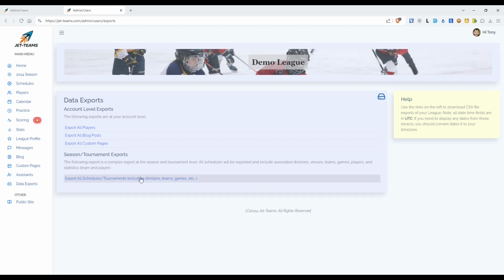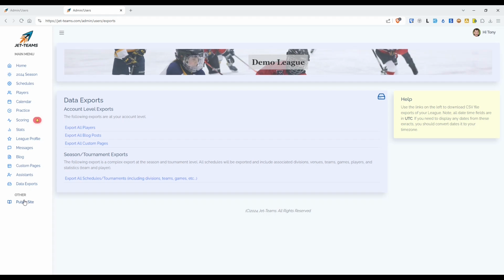Because these are at the season level. And you click that and you'll get a CSV file that downloads. And I'll do a quick example. You don't see much here, but it just did a download of players. Okay, and essentially I think that's it for the high-level overview